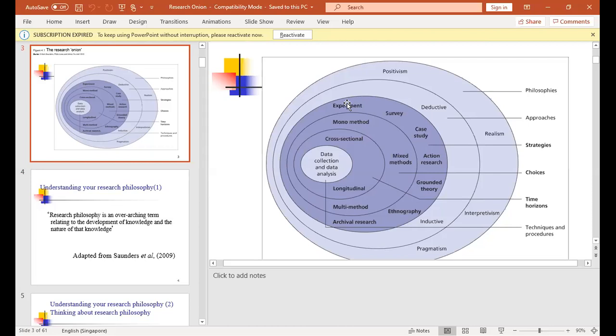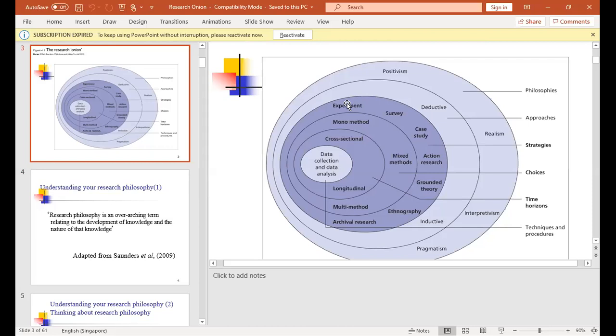So those things you have to explain there, and specific techniques of, say, testing the reliability and validity of data. So all that comes there. So what happens is, now if you don't follow the onion, for example,